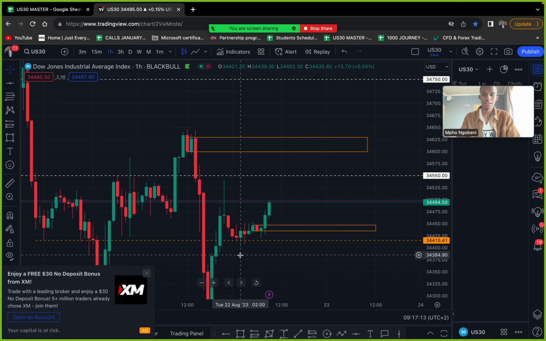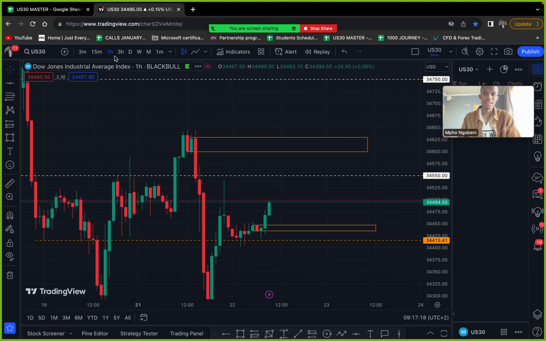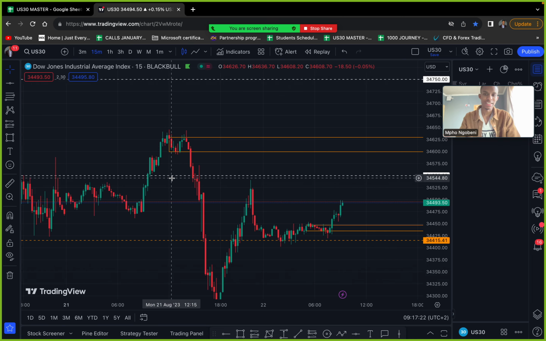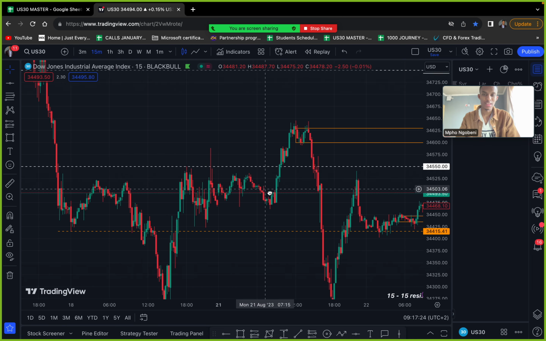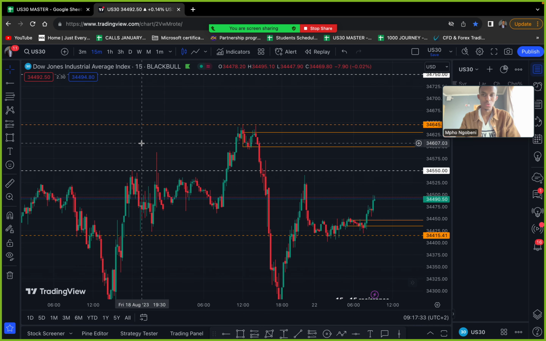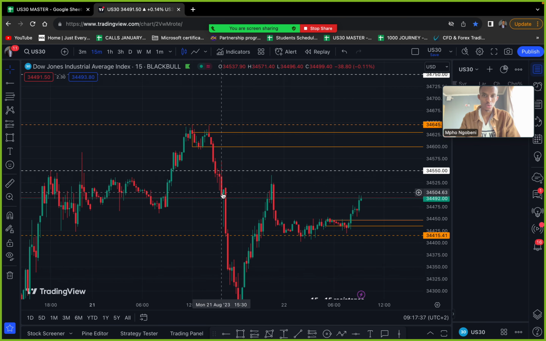So I think that's the analysis, but we can even go to the 15 minutes just to get perfect, beautiful entries. At the 15 minutes, we had this zone that has already been taken out, as you can see. With the 15-minute, that's where we saw the strong sell there, and this zone has also been taken out. That's where we saw this nice beautiful sell there.